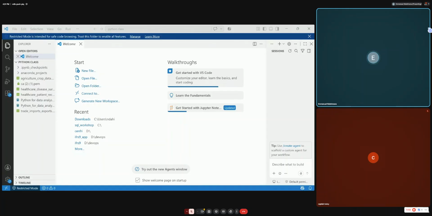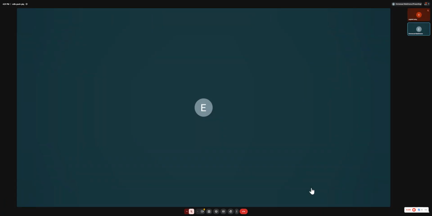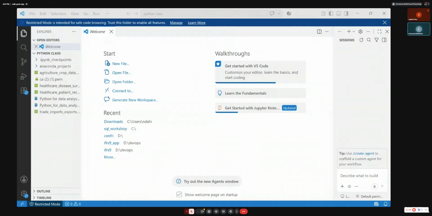Let me do it like this. I know it doesn't look well when it is duplicated, but you will get it. So if you have a file with .py, that's how you save a Python file. .py is going to be an executable file in Python. Yeah, that's one option. You can save your Python file in this format, or you can also save it in